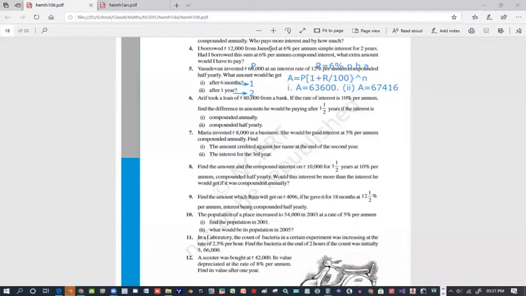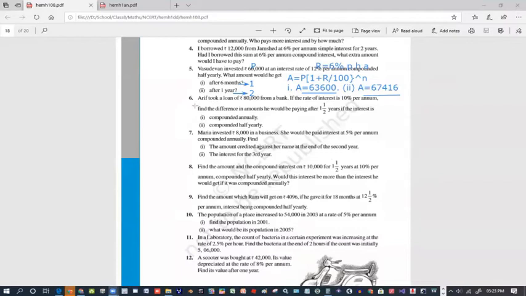After calculation, you will see this answer. Amount is this, amount is this. So you have to put P as 60,000, R as 6, N as 1. Again, P as 60,000, R as 6, and N as 2 for the second one. And these are the two answers for the fifth question. So 5 first is 63,600 and 5 second, the amount for 2 years, is 67,416.